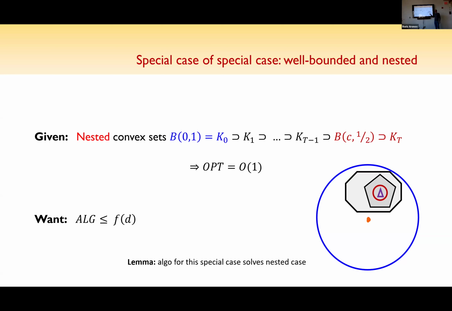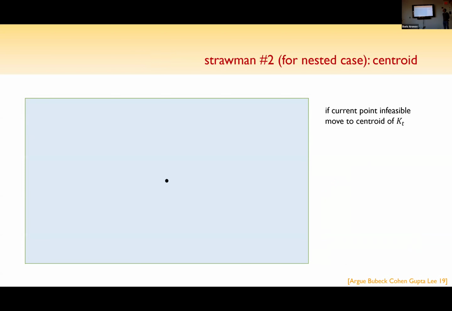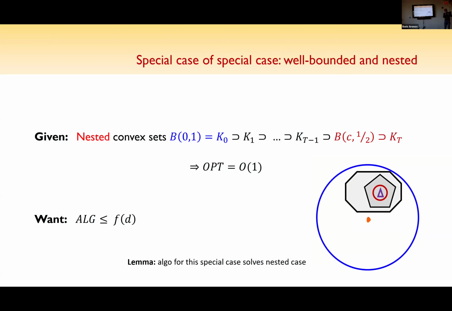So basically, that's the name of the game. Start with the unit ball, and finally, as soon as you're guaranteed to be within a half ball somewhere, you say, okay, I'm done. So this is the problem. I want to reduce my body size. In fact, I want to reduce my body diameter. Don't quite know how to reduce my body.